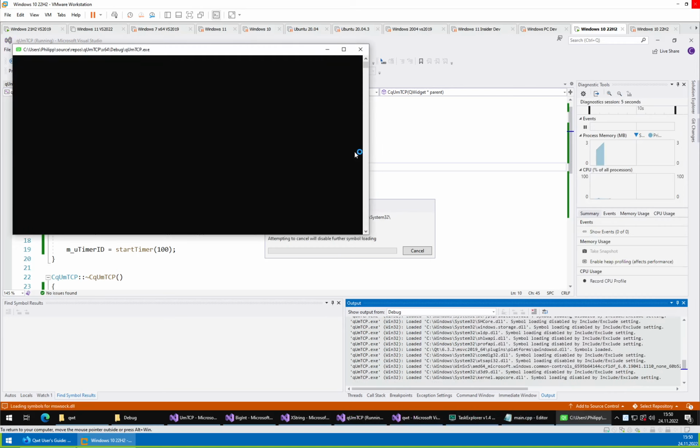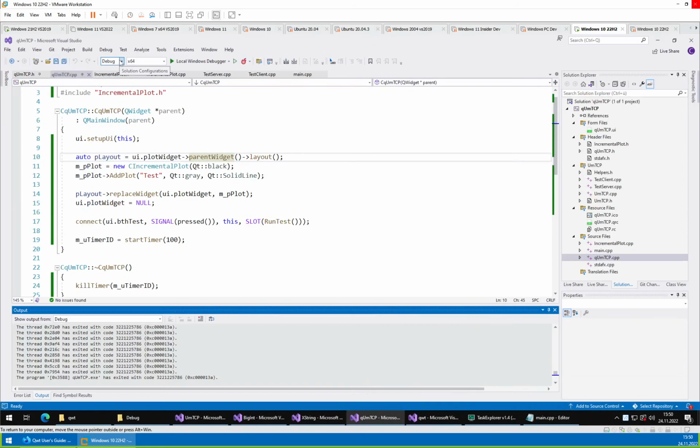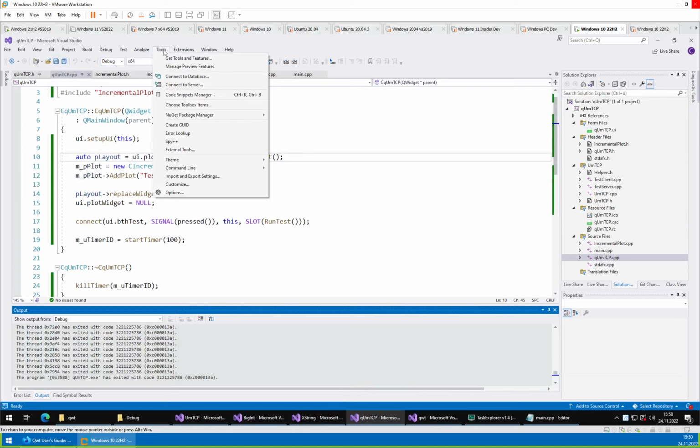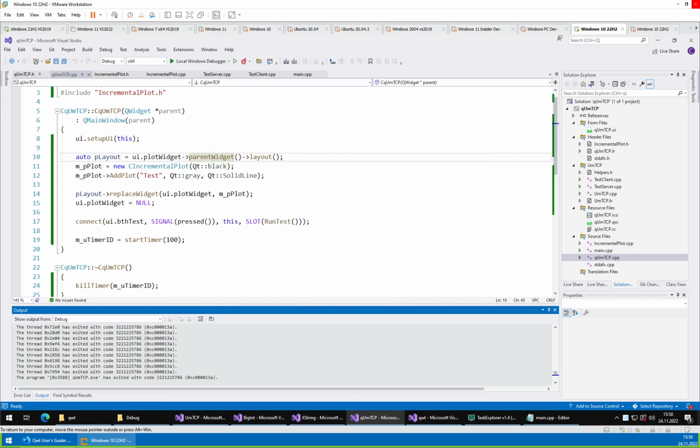Still loading too many symbols. I'll just disable the symbols completely for now. Okay. Yeah, we need to set all the colors. That's not great, but doable. Can we disable everything for now? Okay, so